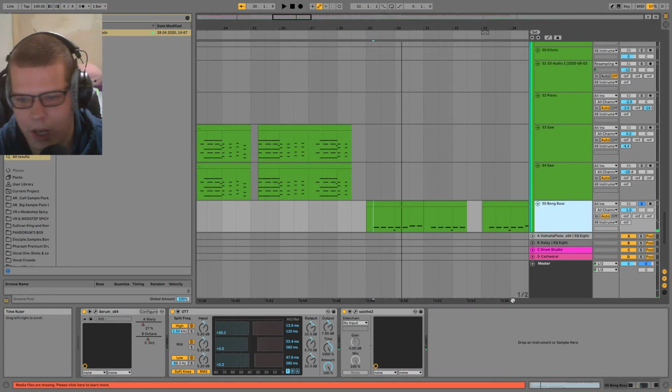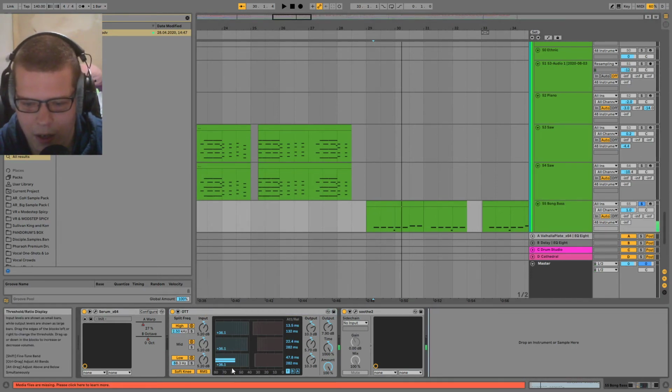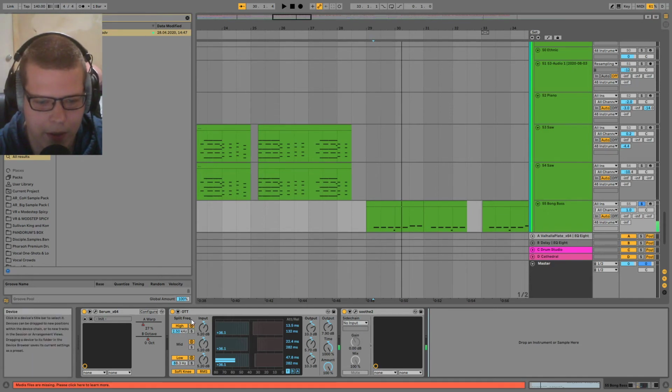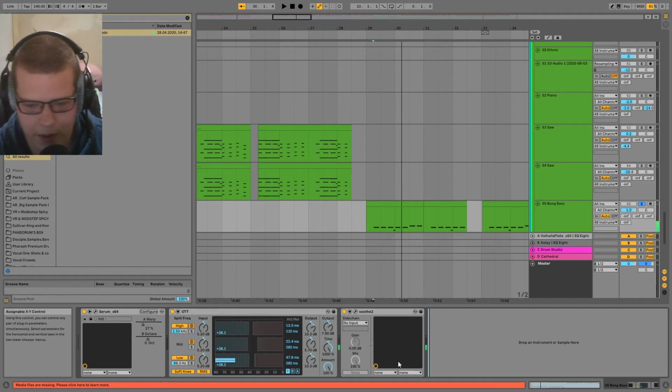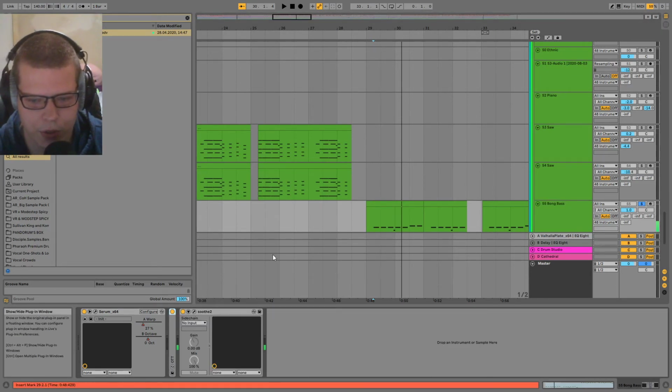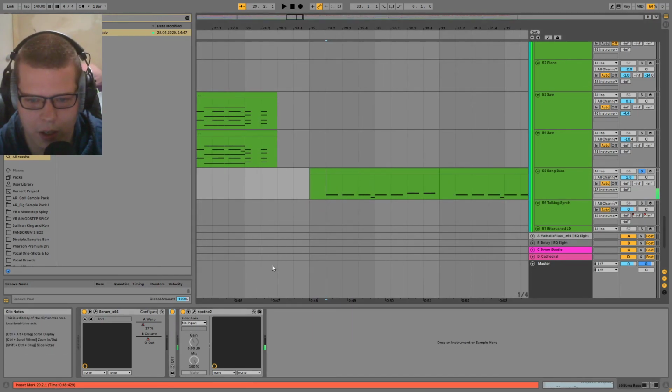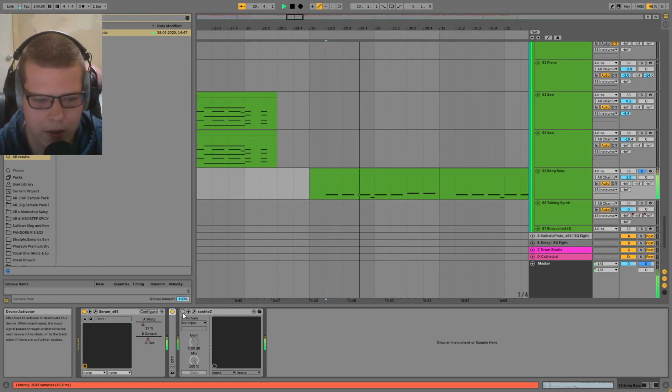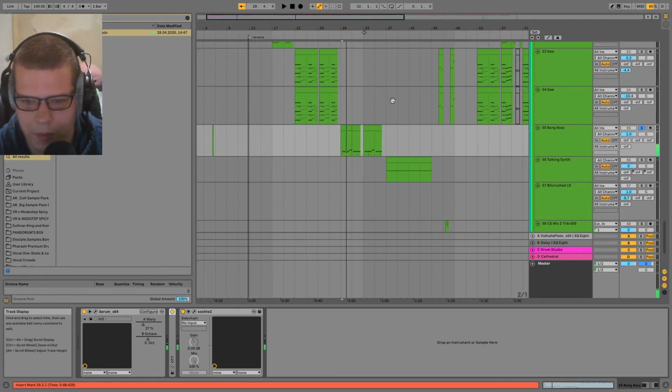Something that I do like doing is putting reverb before OTT. I know a lot of people will say never to do that, but it's a really cool creative effect that I like doing. And then just Soothe, because I guess it had some harsh highs. Just cleans it up a bit.